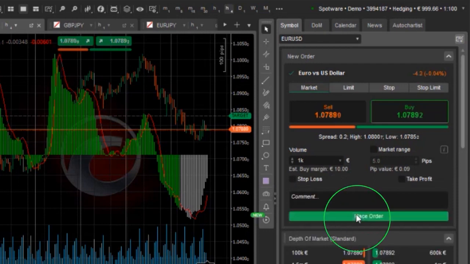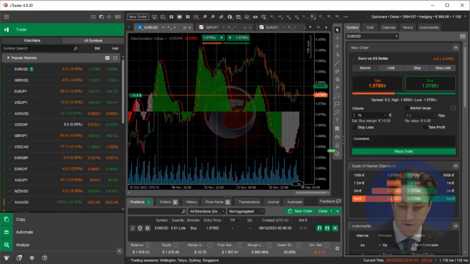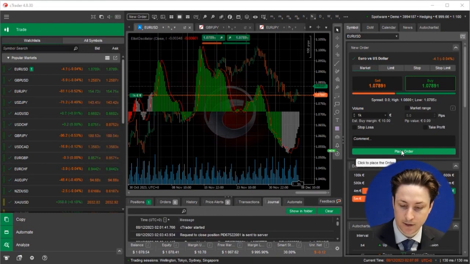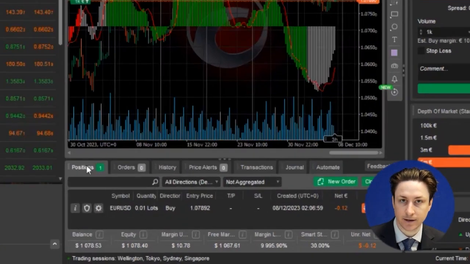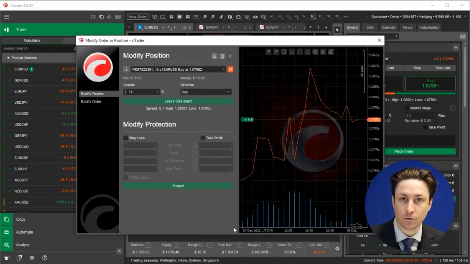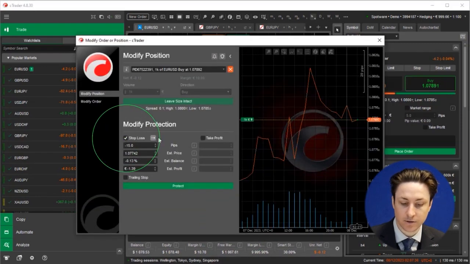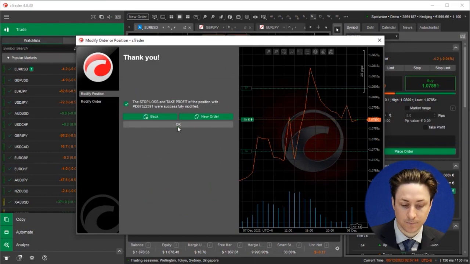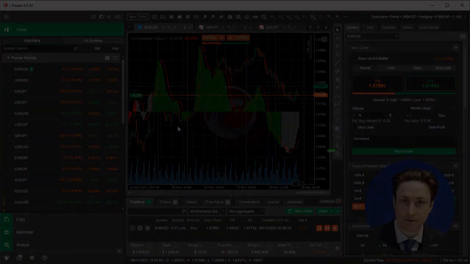To set these levels on a trade that is already open, we find the positions window and then double click on the order or right click and select modify position. A window will appear in which we can modify our order. To do this, click on the checkboxes like we did earlier, and we can set the levels via the same parameters as we did before. Now we'll click Protect. And remember, if you require any further assistance,